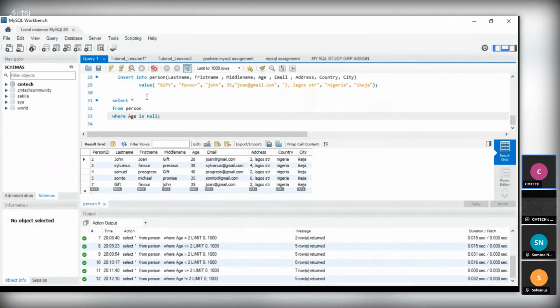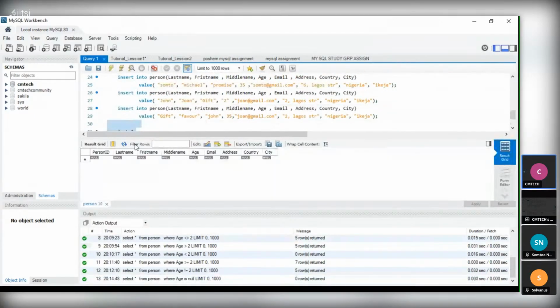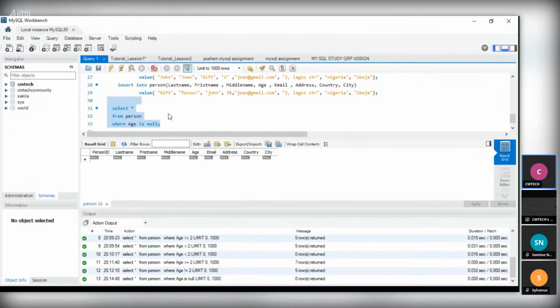Okay, now let's check. Look at the column that is null, because we have not even inserted any value in that column, so automatically it will bring out the IS NULL. We can use the IS NOT NULL.